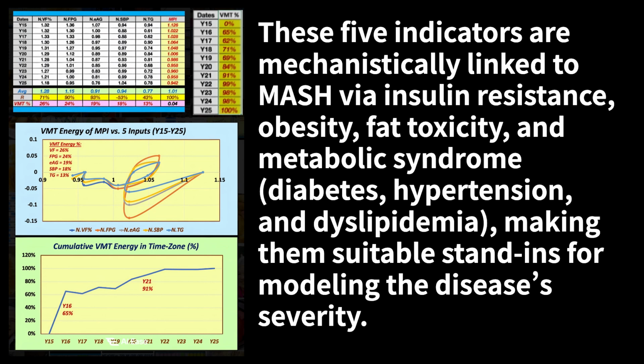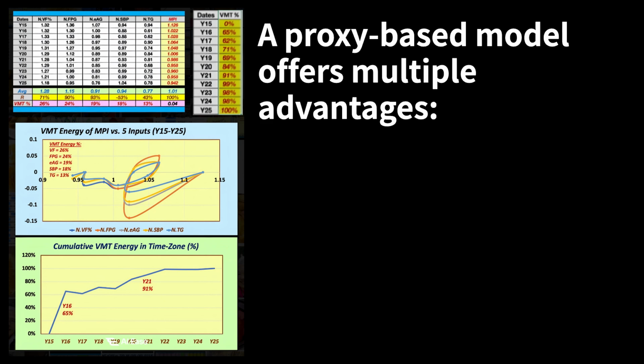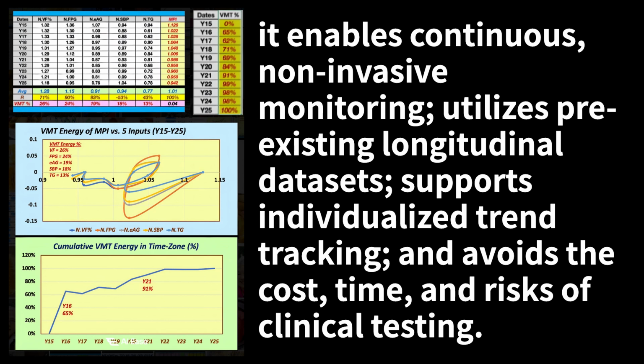These 5 indicators are mechanistically linked to MASH via insulin resistance, obesity, fat toxicity, and metabolic syndrome, diabetes, hypertension, and dyslipidemia, making them suitable stand-ins for modeling the disease's severity. A proxy-based model offers multiple advantages. It enables continuous, non-invasive monitoring, utilizes pre-existing longitudinal datasets, supports individualized trend tracking, and avoids the cost, time, and risks